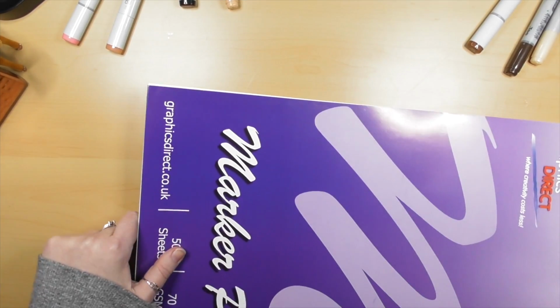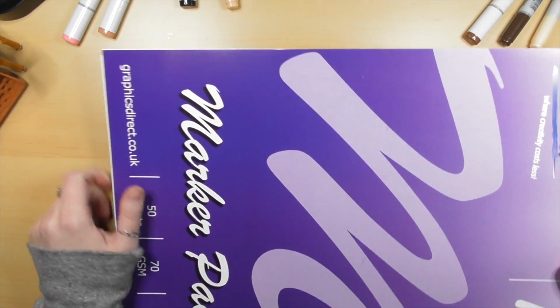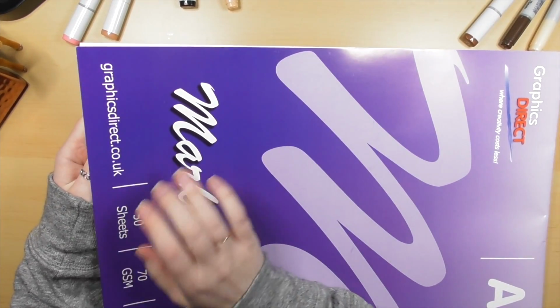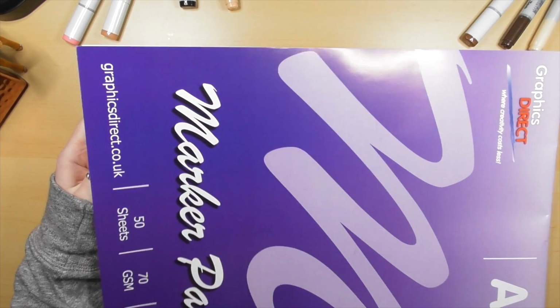So my next paper is this marker pad here. Now, this is an A3 version of it. You can get A4. I think you can get A2 as well. I'm not sure on that. Now, what I've found in my life so far is that marker paper is usually about the same no matter what brand you get. I will show you an embarrassing drawing that I did when I was all excited about